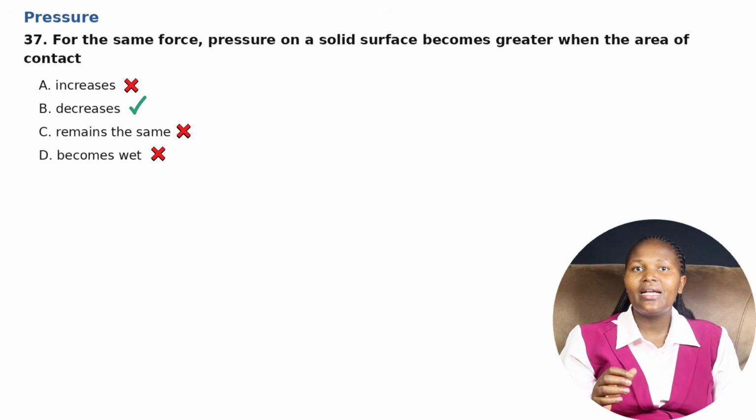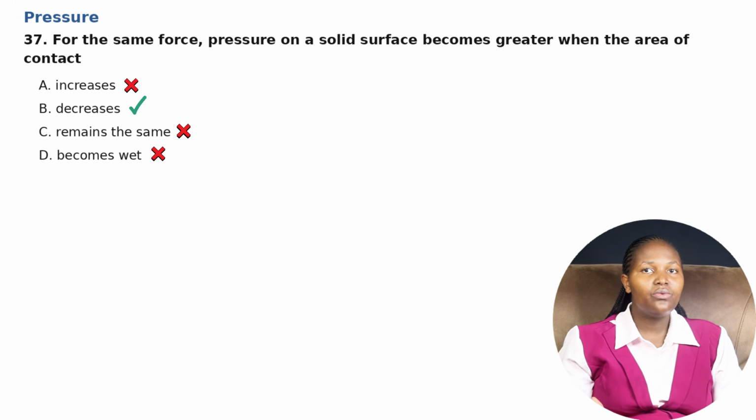And if the area increases while the force stays the same, the pressure becomes smaller. This explains why narrow objects can press more strongly into a surface than broad ones. The words "same force" are important in the question because they allow us to compare the effect of the area